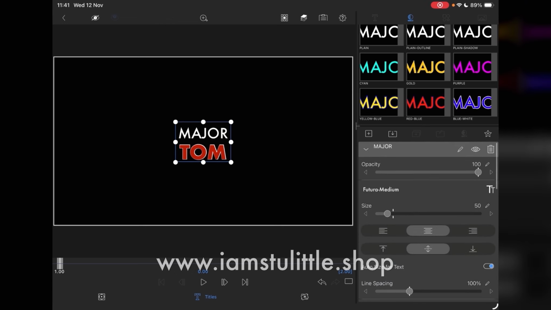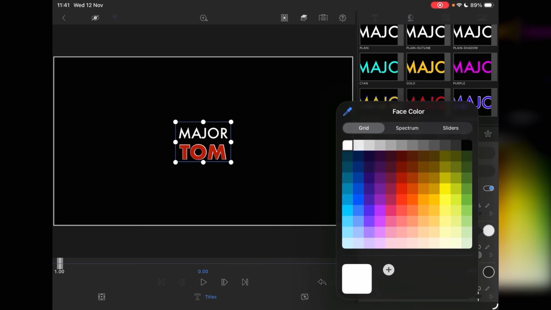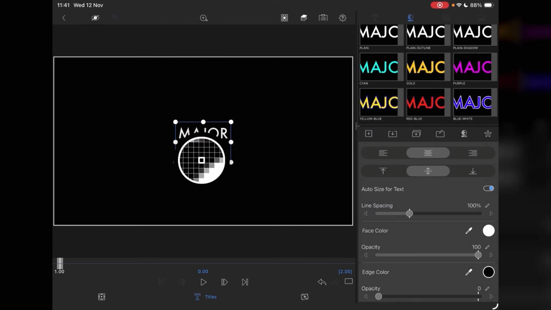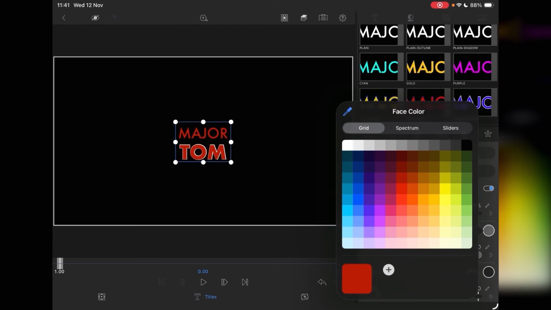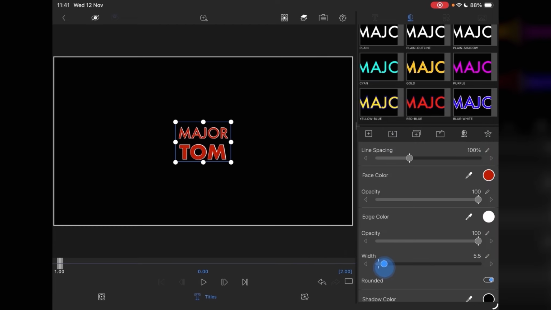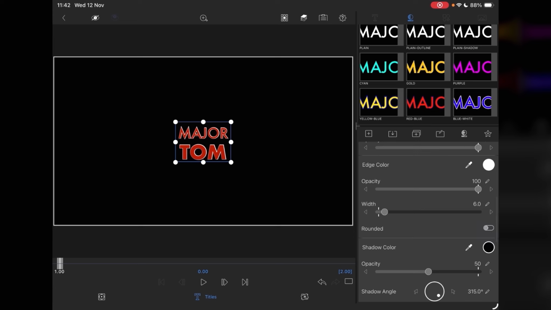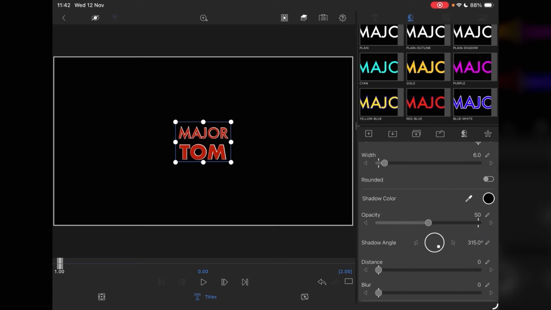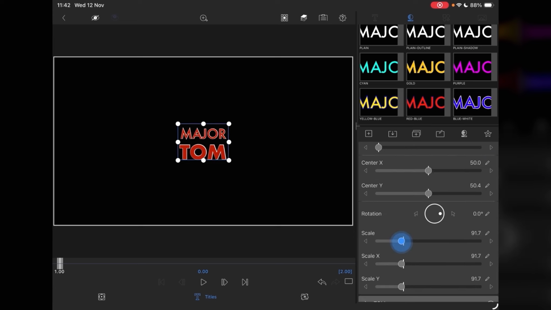So if we jump up to Major, see we can go in. You can also sample color. So like so, if you wanted to sample the red, you can do so. Edge color, come in at white, drop this down to 5, maybe even make it a little bit stronger. There we go, switch off rounded, so the corner edges are nice and sharp, and then just play with the scaling, so it kind of sits in, and then you can just manually reposition. This is also